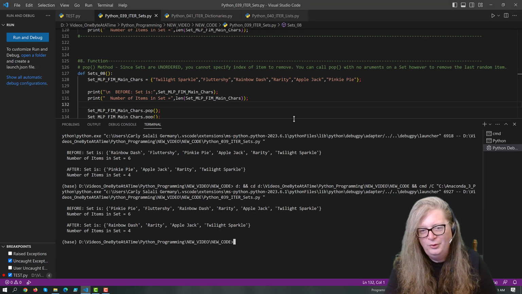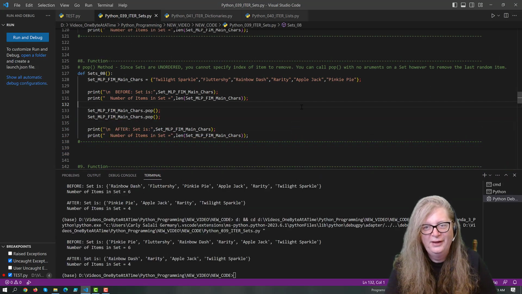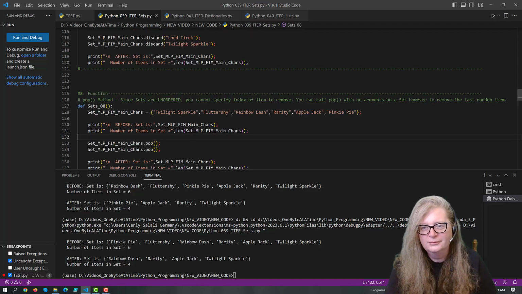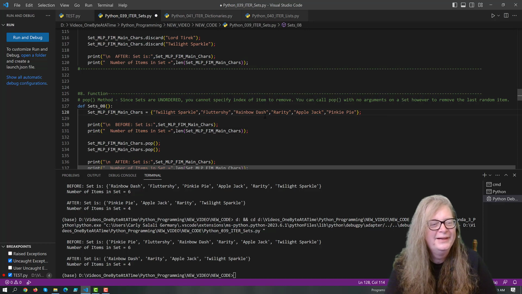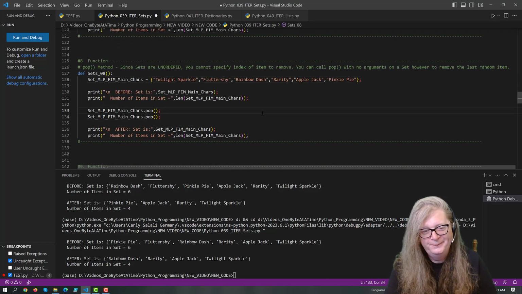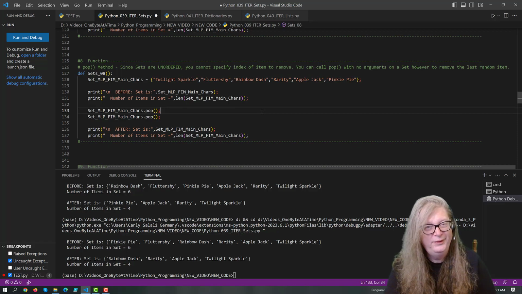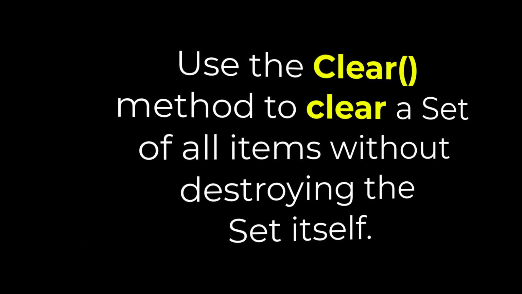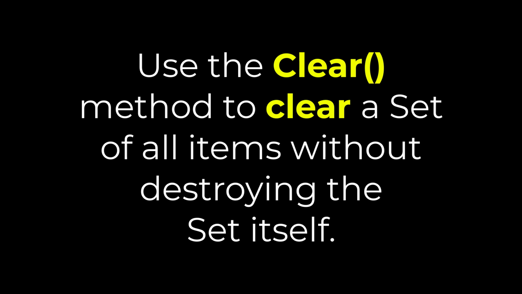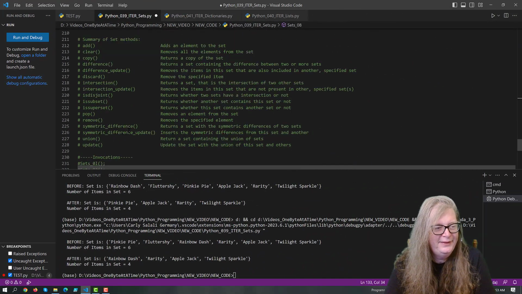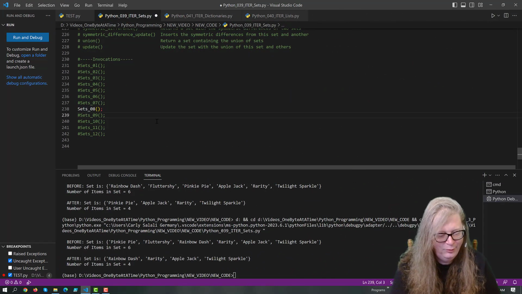So we remove them, but we can't specify arguments. We can't specify the order. So if that's the case, you would want to use pop with a different type of iterable. Let's go take another look at another example function.